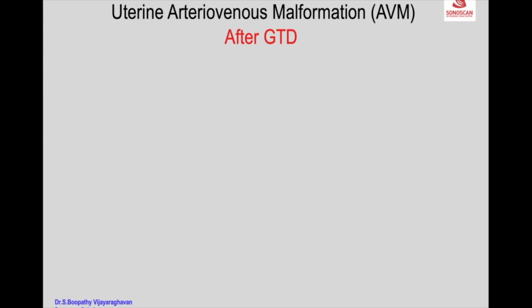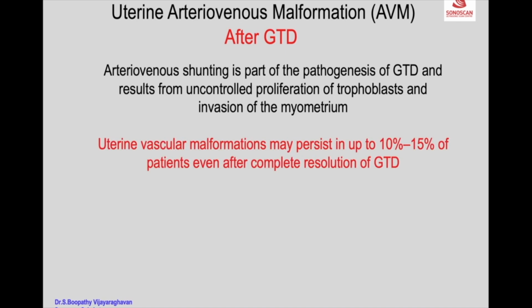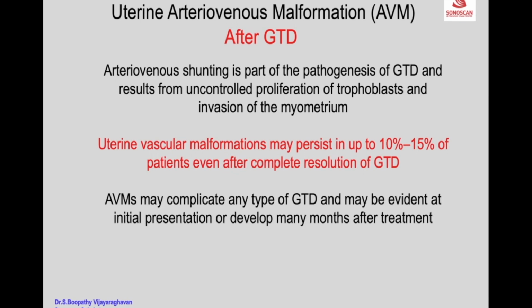Uterine arteriovenous malformation after GTD. The arteriovenous shunting is part of the pathogenesis of GTD and results from uncontrolled proliferation of trophoblast and invasion of the myometrium. It may persist in up to 10 to 15% of patients even after complete resolution of GTD. AVMs may complicate any type of GTD and may be